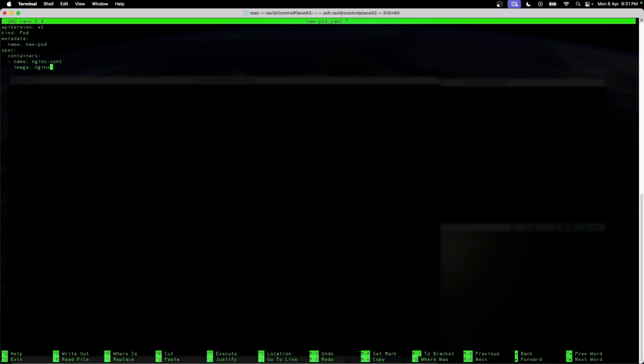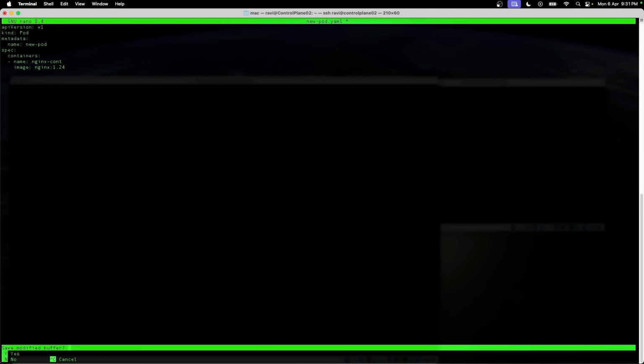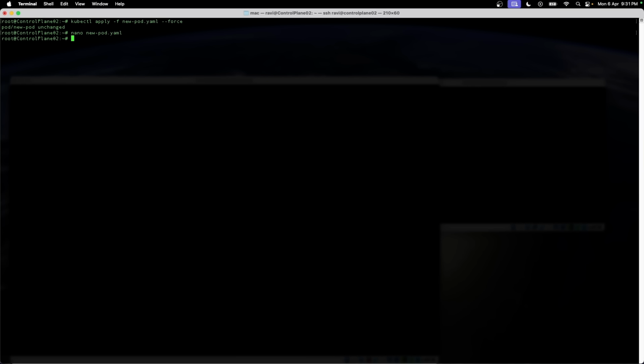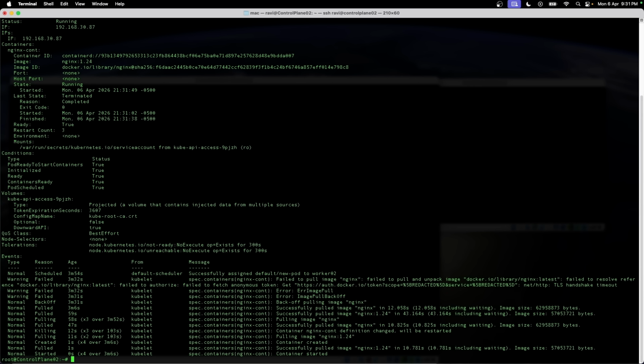So I'm going to change the Nginx image over here to 1.24. When we say pull image Nginx, it will always pull up the latest Nginx image from the repository. Now, when I say pull Nginx image 1.24, it's going to look for that 1.24 Nginx image in the repository and explicitly pull only that. So that means I'm hard coding, or pinning down, the version of the Nginx image that I need. Now that change has taken effect.